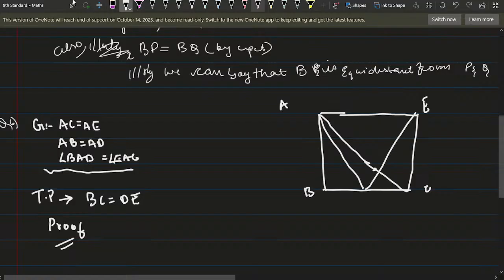All these things are muscle memory. Okay, so let's look here. These angles, first what we write is